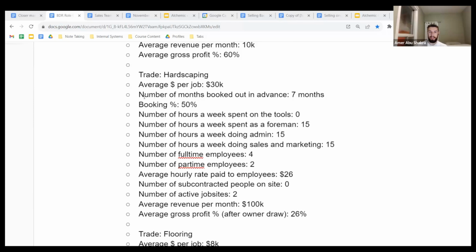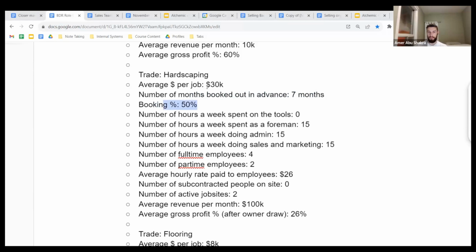So if I'm looking at this, being booked at 50% for this size of a job is actually not bad, okay? But obviously, he should be making more money. Now, one way you can make more money is increasing your price. But because he's spending 15 hours a week on sales and marketing, it tells me it's probably not word of mouth. He's probably putting in more effort than just word of mouth. That's just a guess. So if it's not word of mouth, what's most likely going to happen is if he increases his price, his booking percentage might drop. But he's still booked out 7 months in advance. So there is actually a lot of merit to potentially raising the price, because maybe his booking percentage drops to 40%, but his gross margin goes up, but then he needs to focus on marketing. So there's definitely a strategy.